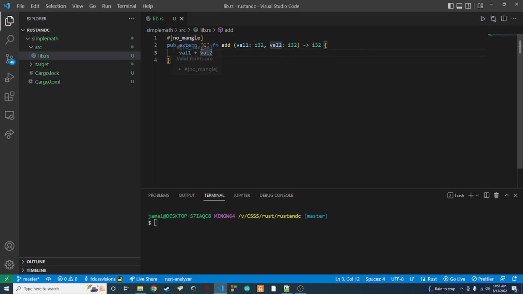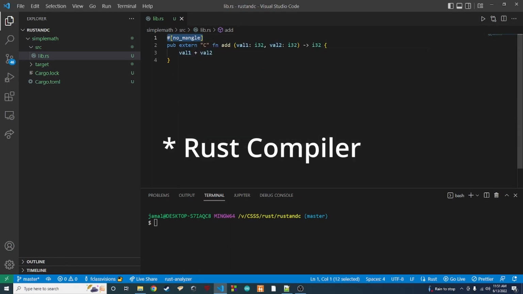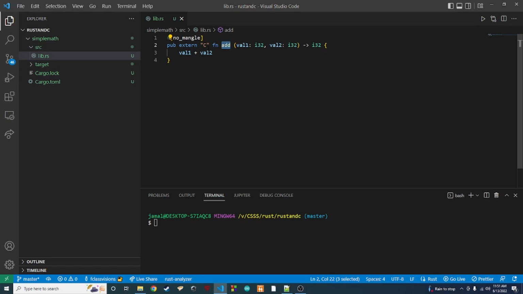All right, so basically what this is doing is telling the compiler, hey, don't change this name when we compile. And then what this is doing is basically telling it, hey, we're going to use this as an external C function. Okay, so that'll help the compiler out. So now this function is completely done. We don't need to do anything else to it in order to compile it and use it in our C code. So what we're going to do is we're going to copy this,